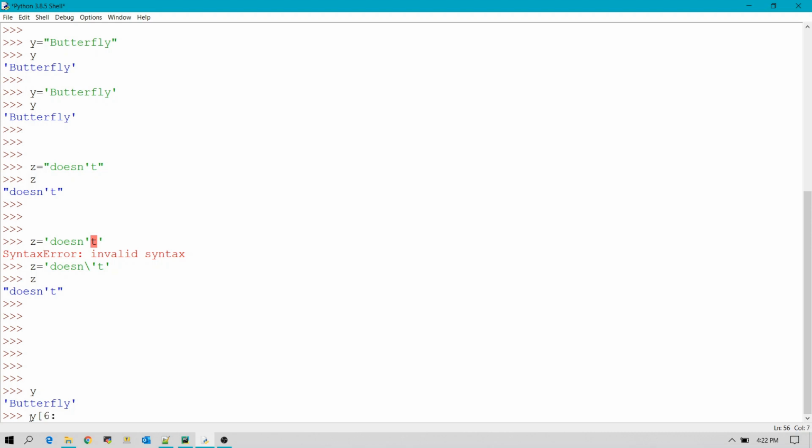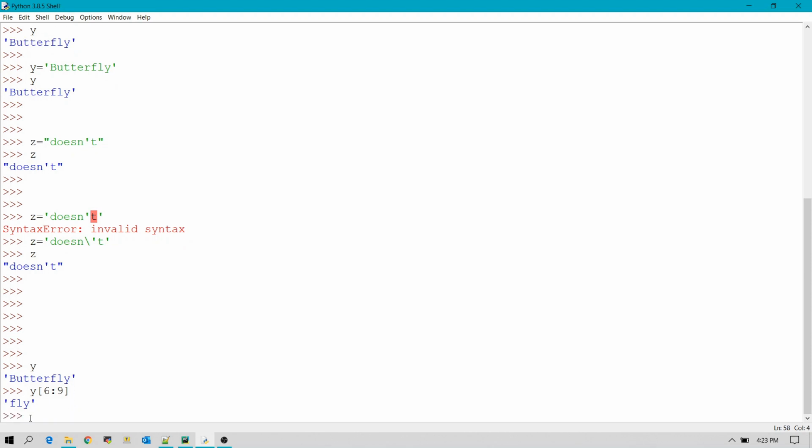Then we'll write a colon followed by the ending position, so it will be 9. Why are we writing 9? Because the end point is never included. After that, we'll close the square bracket and hit enter. You can see we only got fly on our screen.